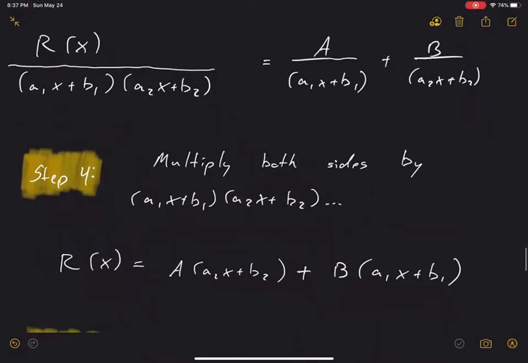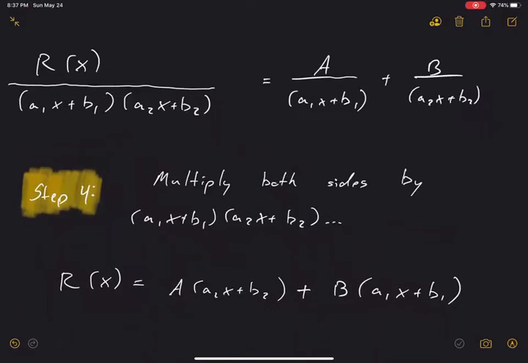So we need to solve for these constants in the numerator. How are we going to do that? The first thing I'm going to do is multiply both sides by the denominator of the left side. Think, maybe write out on some paper what's going to happen when we multiply both sides of this equation by this denominator here. On the left side, the denominator is just going to cancel, right? I'm basically multiplying the left side by,